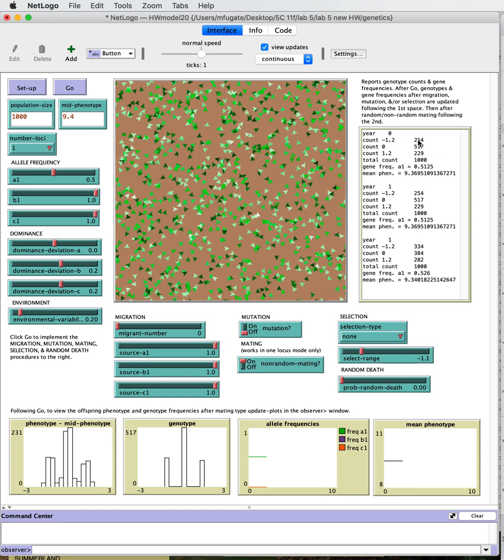So now this one looks exactly the same because nothing is going on here. But in this case, because of the non-random mating, individuals that are similar down here are going to mate, and these individuals are going to mate. So it's positive assortative mating. If we want to see what happens,